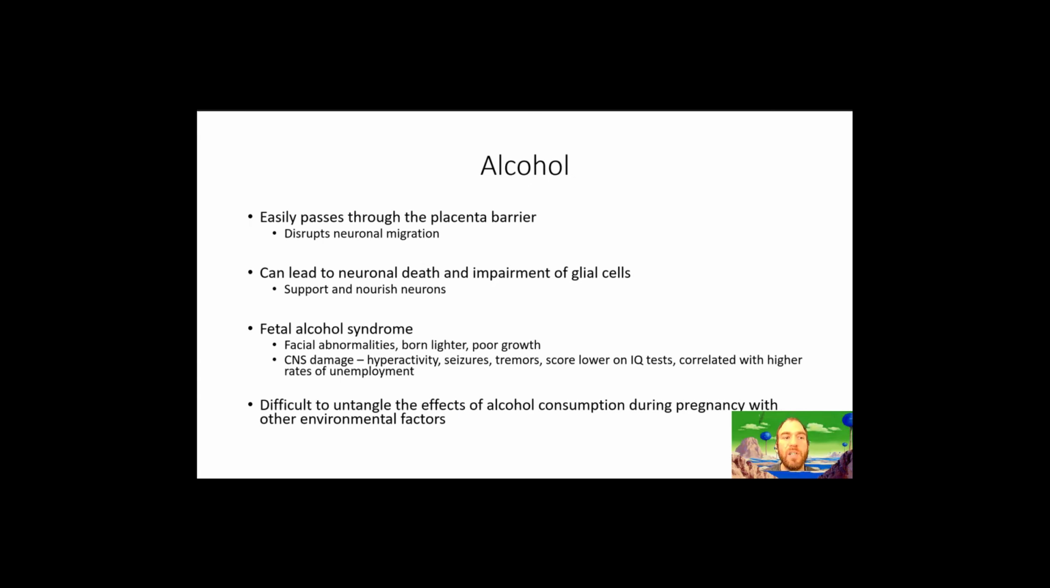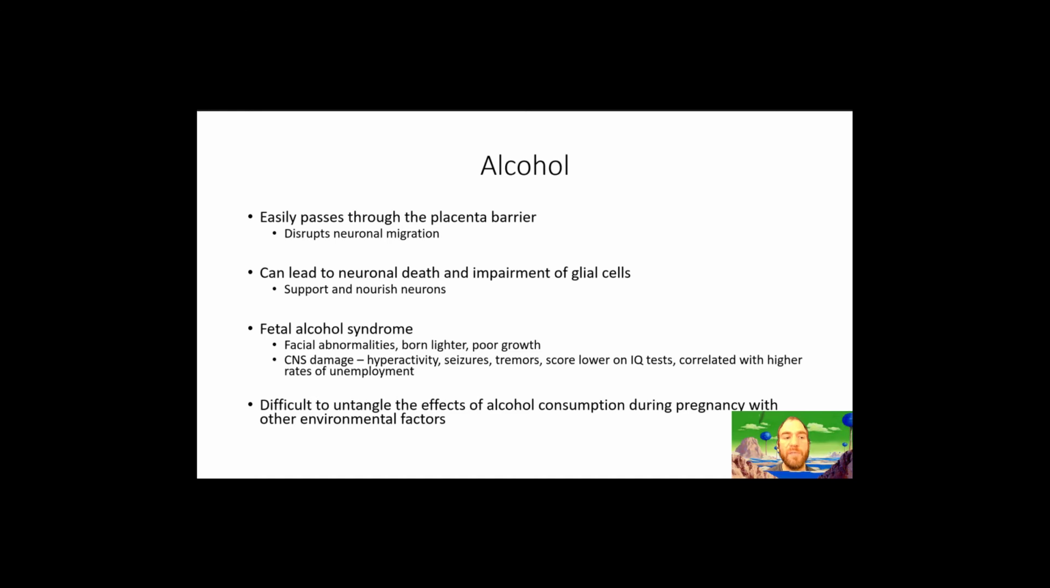Now looking at alcohol, it easily passes through the placental barrier and disrupts neuronal migration. Like I said before, the placental barrier is pretty solid, but has a lot of limitations. Specifically for alcohol, it easily passes through the placental barrier. It can lead to neuronal death and impact glial cells, which support and nourish neurons, as I previously stated,